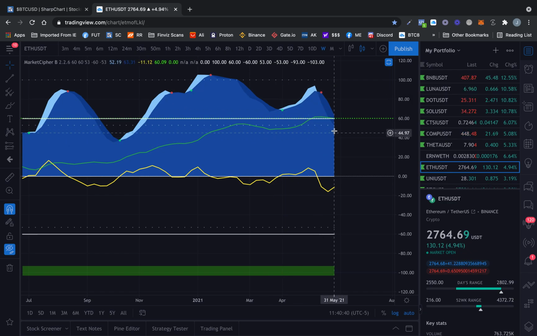Market Cipher: your VWAP dipped, now it's headed back up. That's a good sign. You've got your little white cap, green dot right here. There's momentum headed to the upside. Red dot sell signal headed down for a little while, but